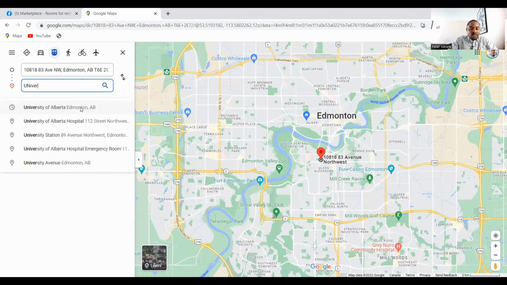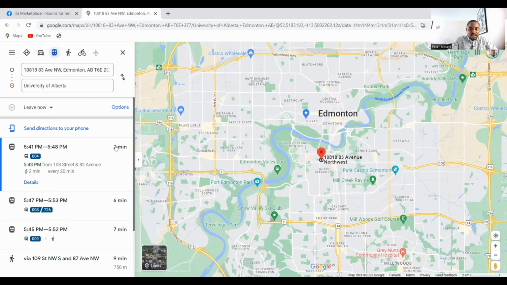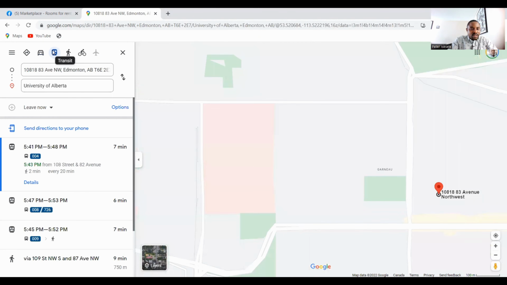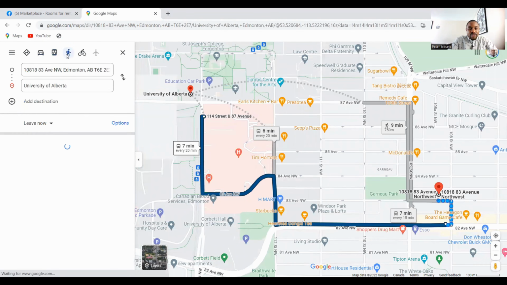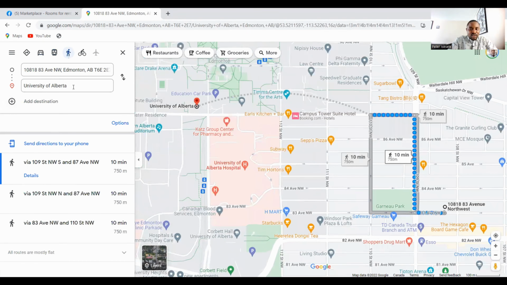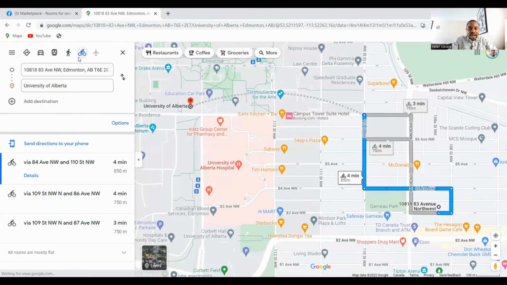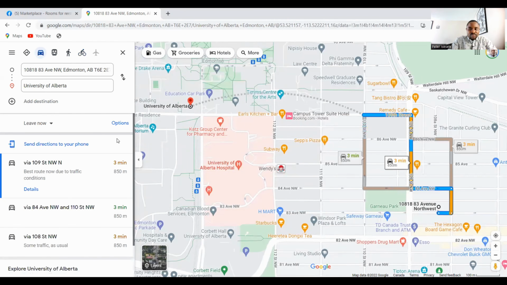Okay, so let's see. It tells me that with the bus, it's just like 7 minutes to the University of Alberta. How about if I'm walking? If I'm walking, it's just 10 minutes. It depends on where you are going at the University of Alberta. And if you're using a bike, probably around 4 minutes, right? And then if you are driving, of course, it's like, really